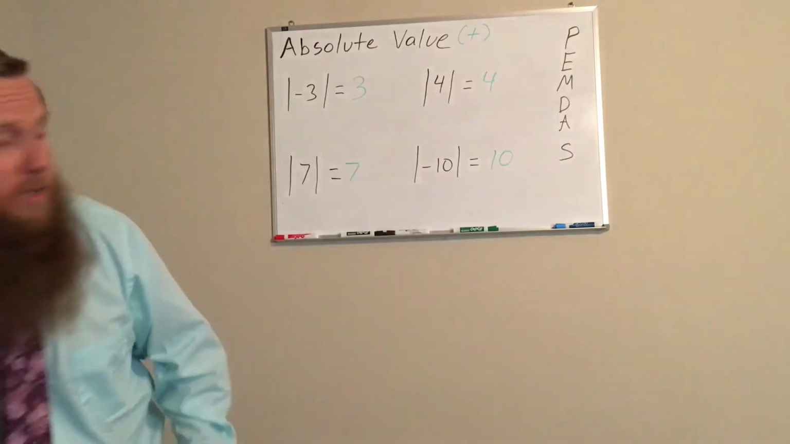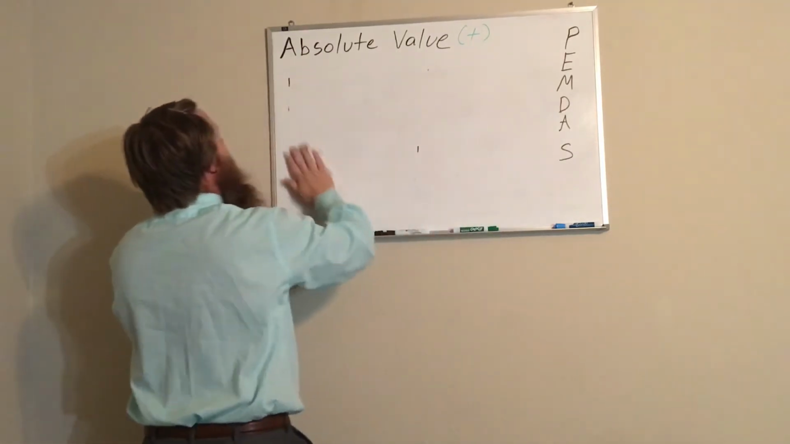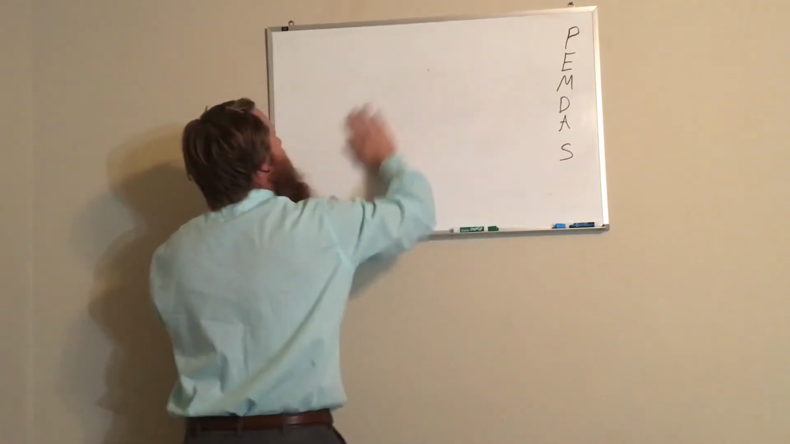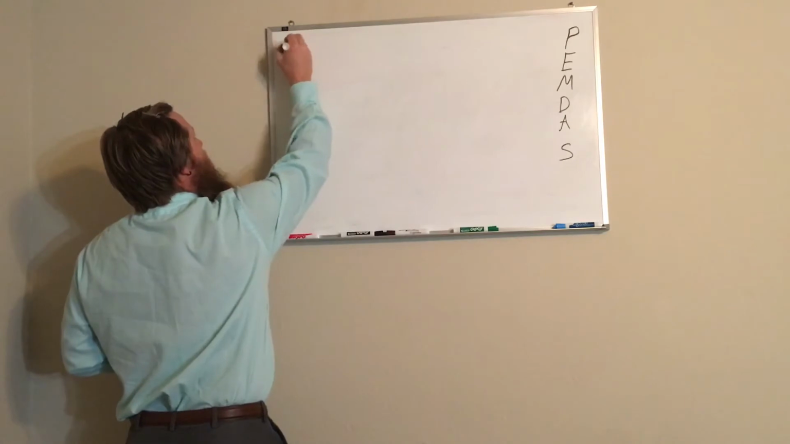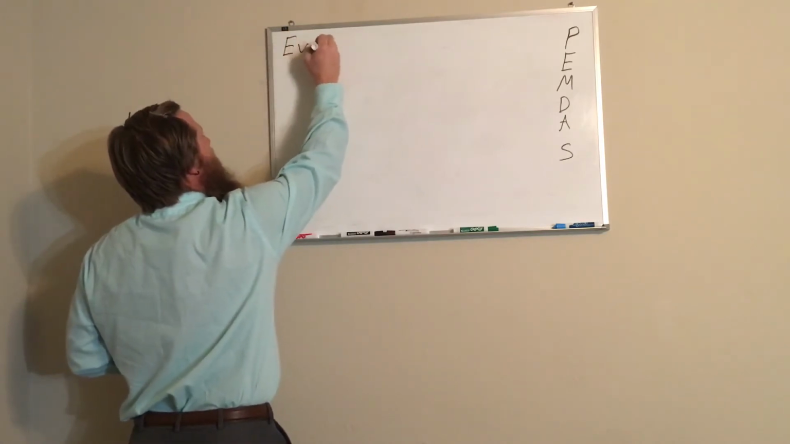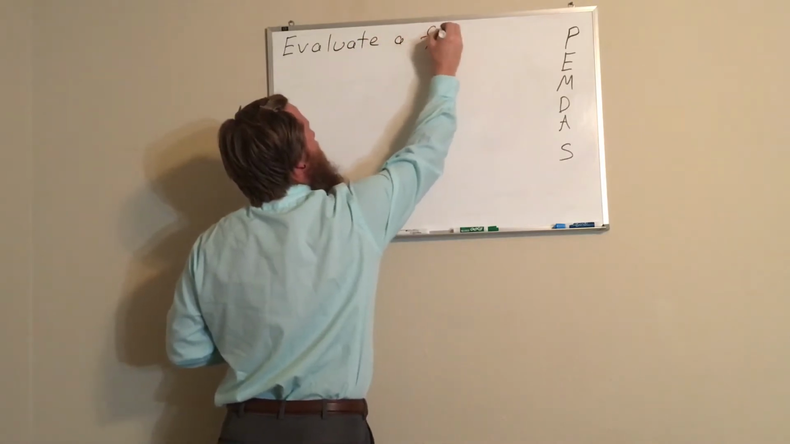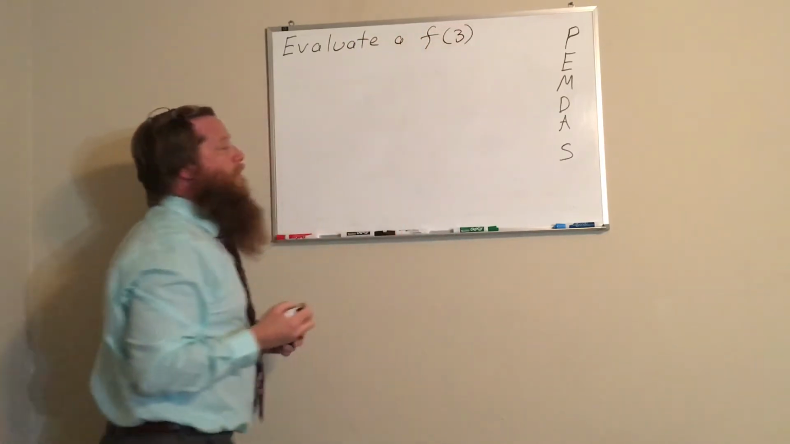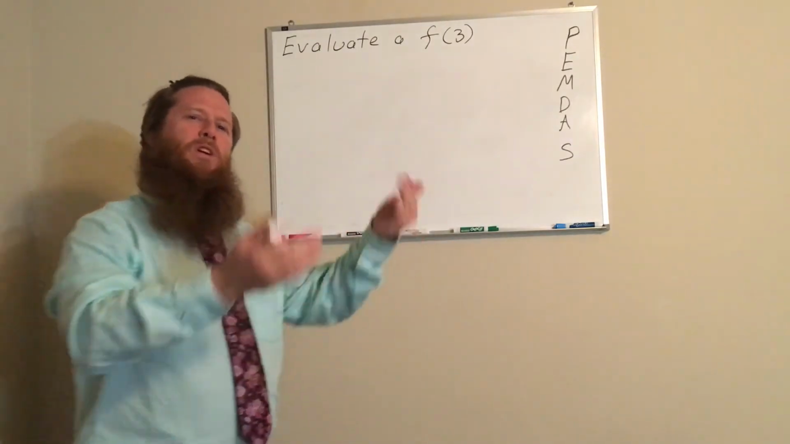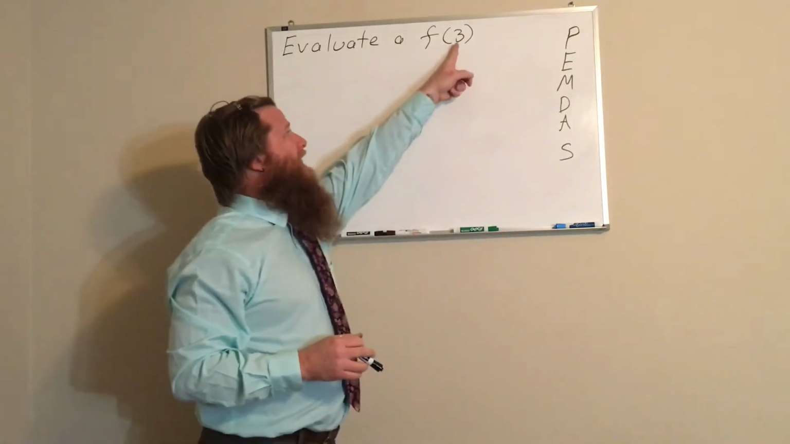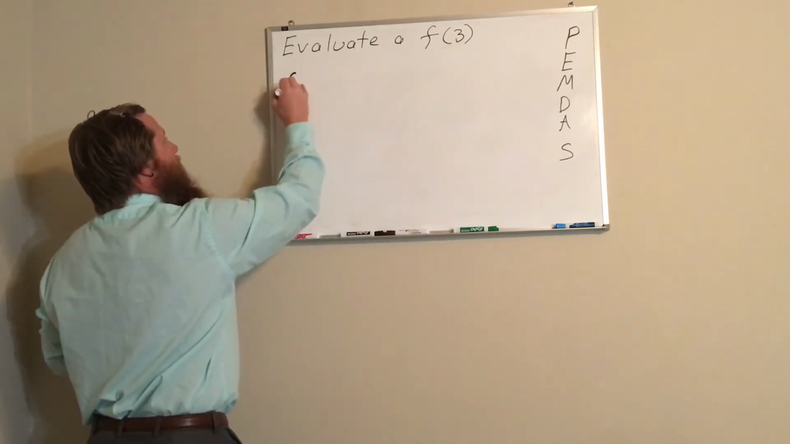So let's take a look at how we can solve some absolute value formulas. We're going to start by evaluating at what we call f of 3. Now all this means is that we're going to see an x value, and we're just going to use substitution to replace that x with a 3. For example,